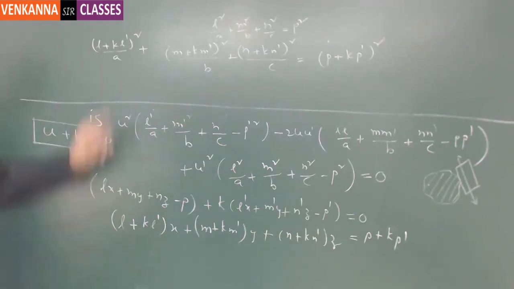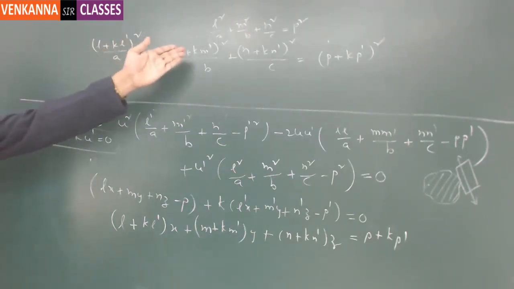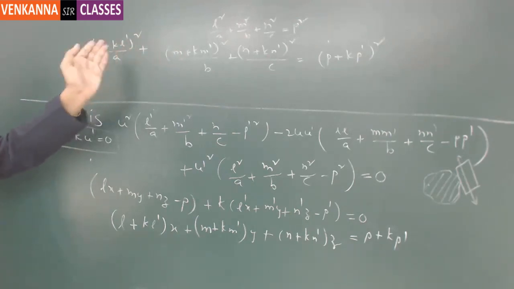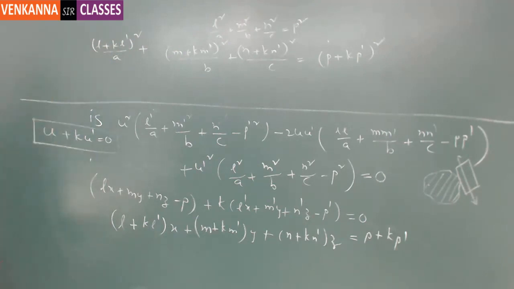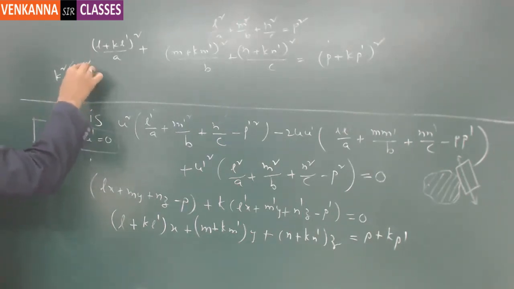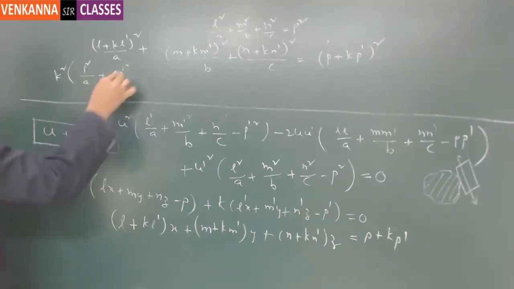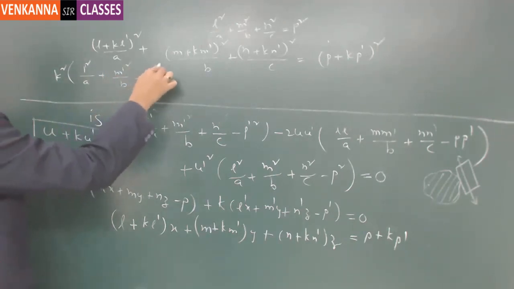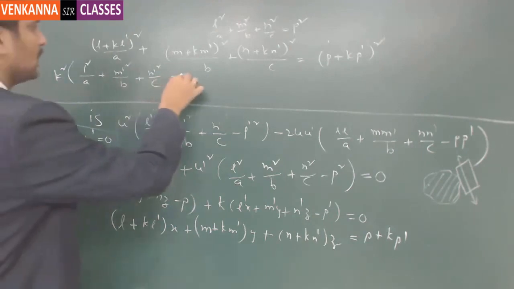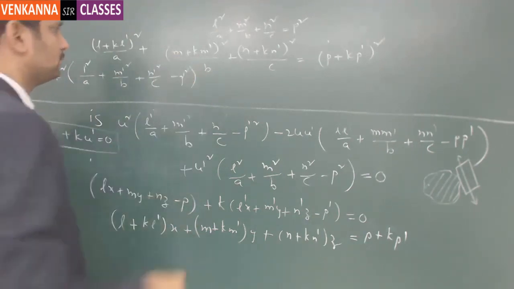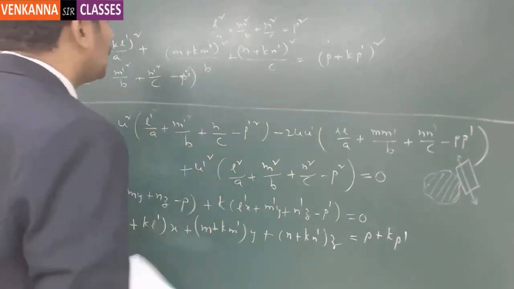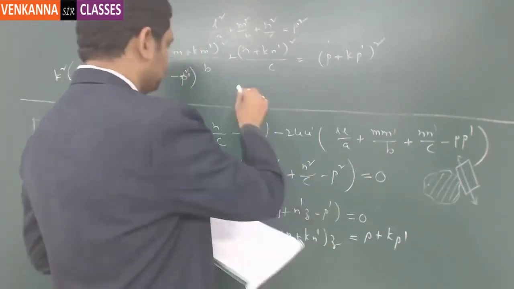Right. Now you can expand the numerator values using (A plus B) whole square, and you can take the K terms as common. So I will write the part that you will get: K square into the value L dash square by A plus M dash square by B plus N dash square by C minus P dash square, and the other terms will come as